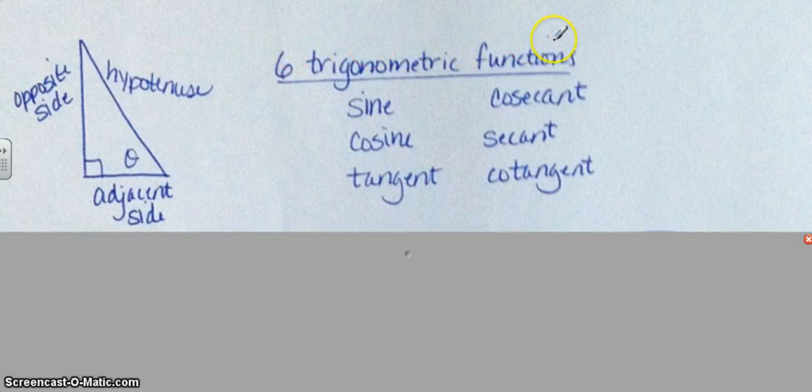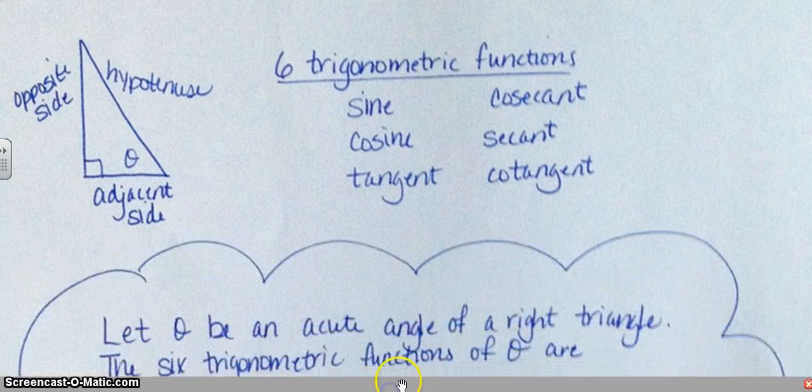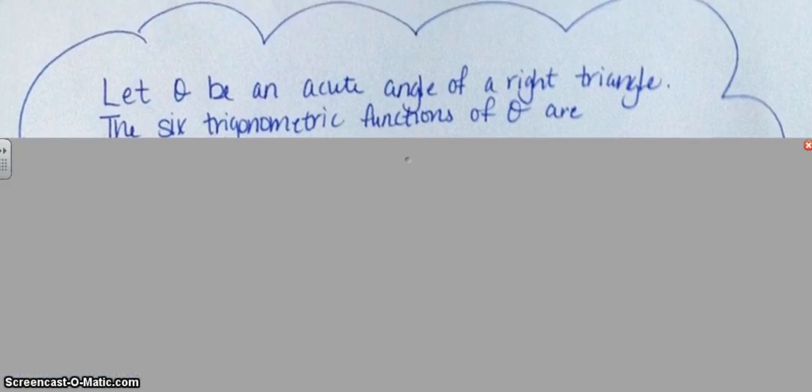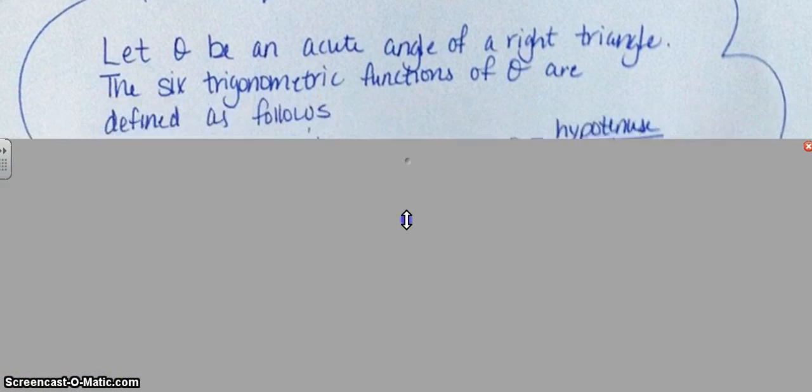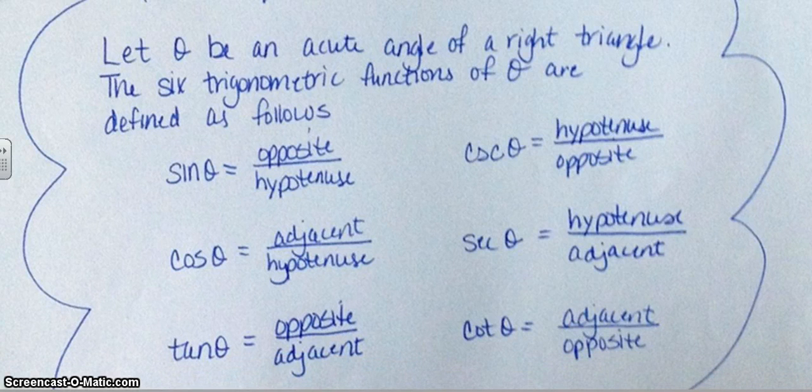The six trig functions that we're going to talk about are actually six trig ratios: the sine, cosine, and tangent, and then the reciprocals of these functions, the cosecant, the secant, and the cotangent. We can abbreviate this instead of writing out each function each time. Like this. If we let theta be an acute angle in a right triangle, the six trigonometric functions